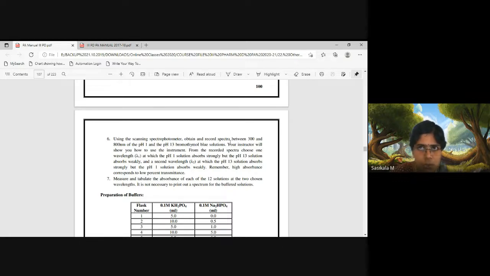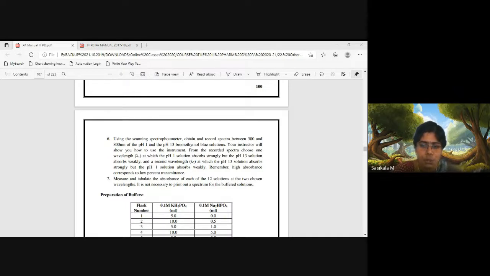Okay, so we are using a double beam UV visible spectrophotometer with UV Probe as the software. What is the software used for that? UV Probe. The UV Probe software with the double beam UV visible spectrophotometer, UV 1800 model, is used. Okay, Shimadzu. We have the Shimadzu instrument. Model is UV 1800, make is Shimadzu, software used is UV Probe. It is a double beam instrument.